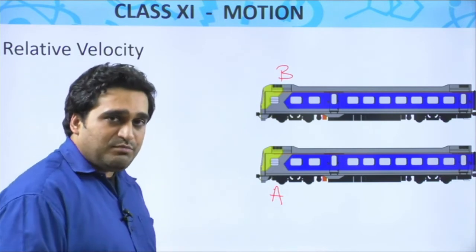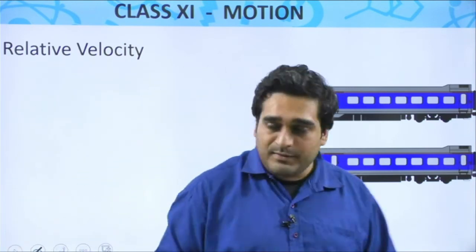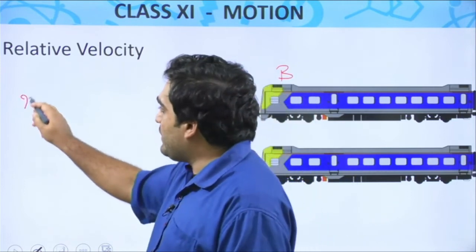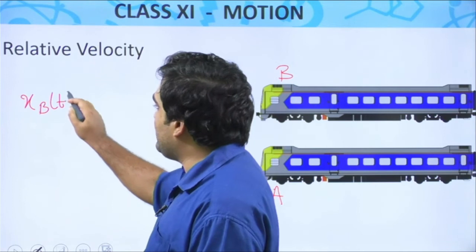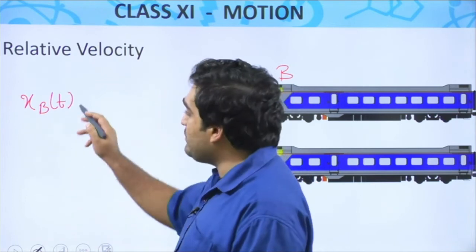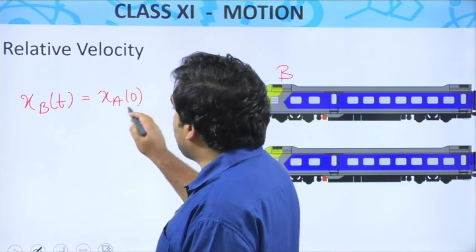To note down their position at any given instant of time, I'll step there. Let's say for train B, at any given instant, to make a note of its position, then you try to identify